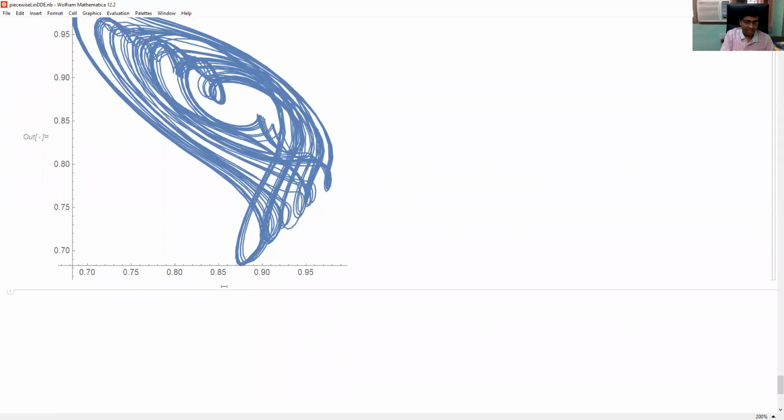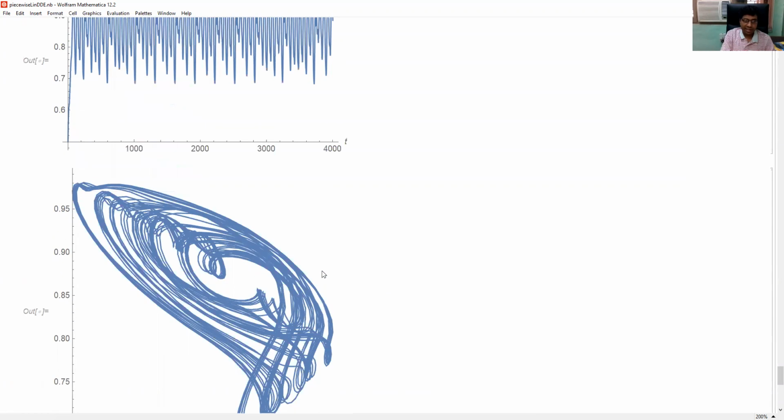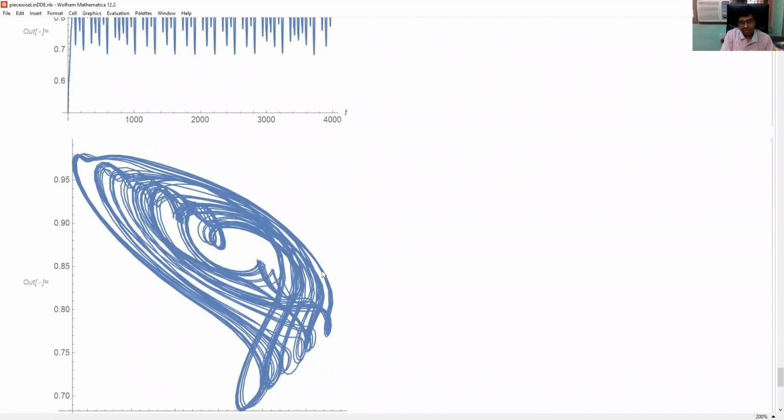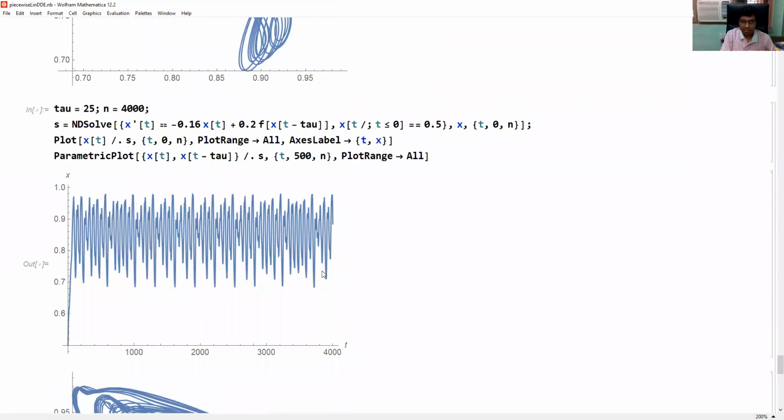verification of the results given in that paper. Your homework is to select different values of A and B and run the program and check whether you are getting stable and unstable things. Are you getting chaos at other values also? So you can verify all these things. Thank you. One more thing is another homework.